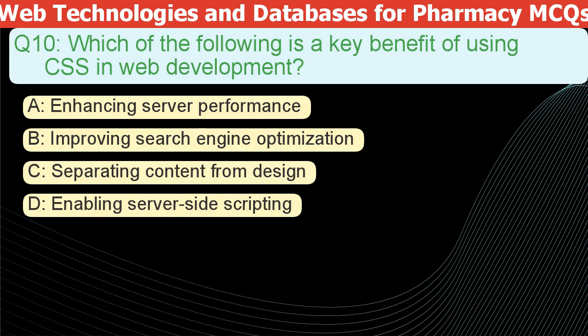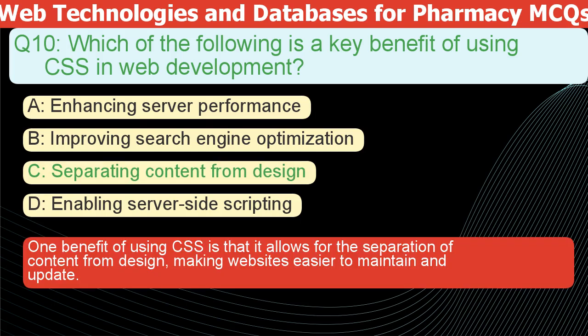Which of the following is a key benefit of using CSS in web development? A. Enhancing server performance. B. Improving search engine optimization. C. Separating content from design. D. Enabling server-side scripting. The correct answer is C. One benefit of using CSS is that it allows for the separation of content from design, making websites easier to